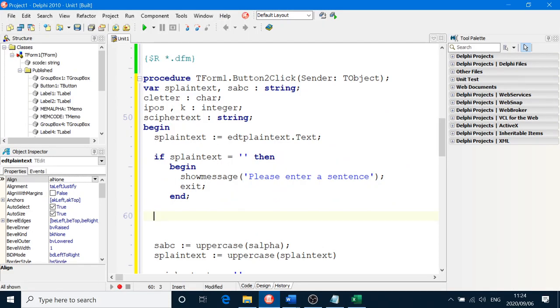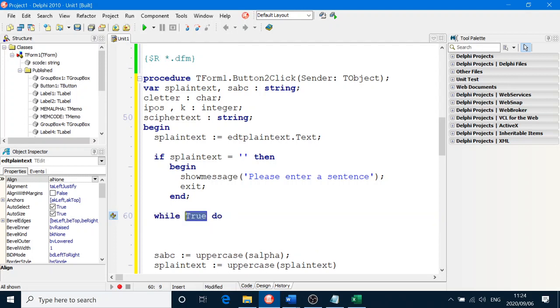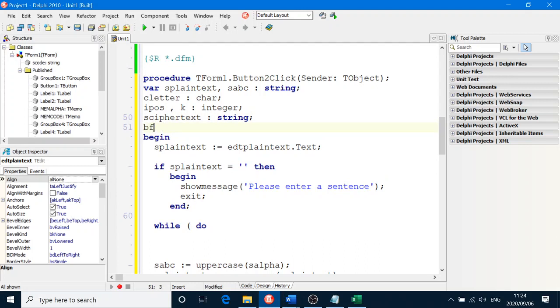I'm going to use a while loop, so we can say while. What's going to happen is we'll have a Boolean flag, be valid, colon Boolean. We call them Boolean flags. We set our Boolean variable. You see, Boolean can be true or false, so it helps us to check things. We set it to, let's say, true. We're assuming that the whole sentence is valid, but we're going to check each character. So while be valid is true,